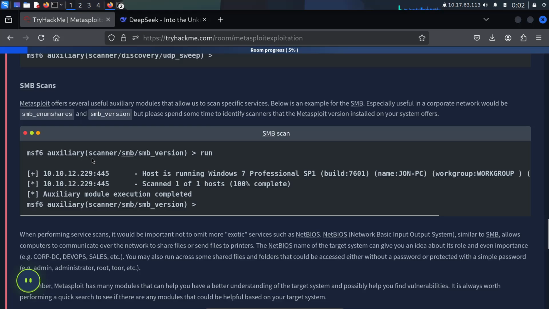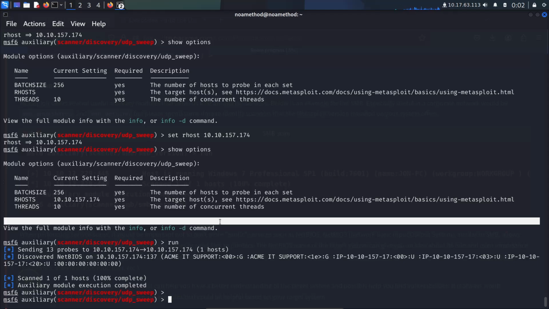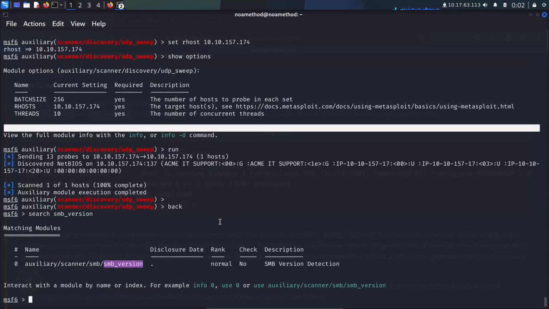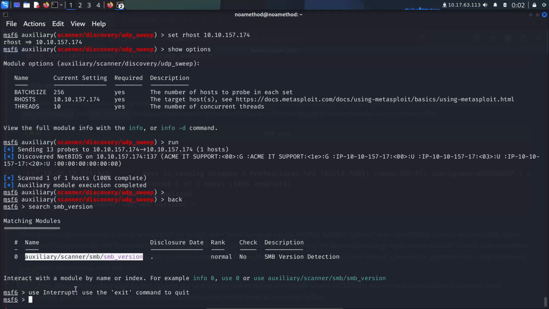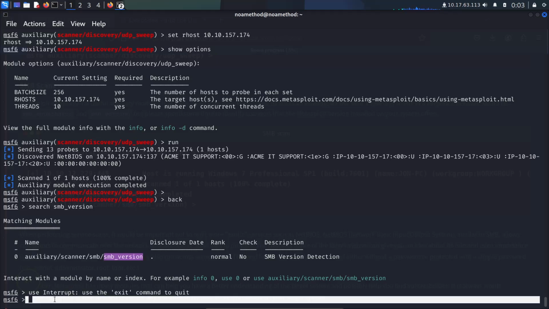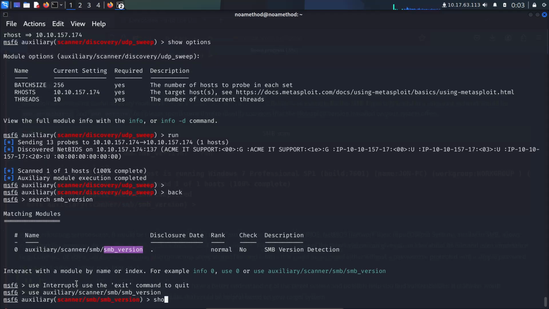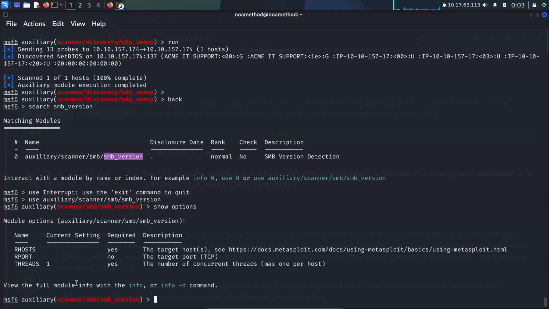Maybe we can run the SMB version. Alright, we go back and then search smb_version. Then we can use it. I'm sorry, use and then Control Shift C and then Control Shift V, and then show options to check if the RHOSTS is valid.